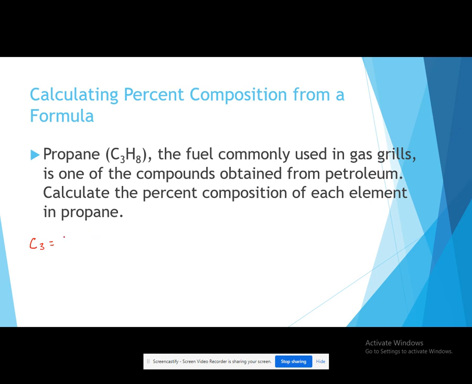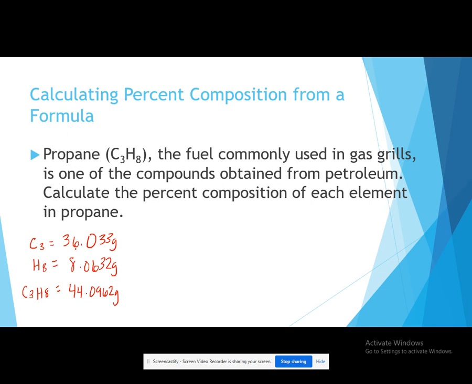And if you actually go to do that, it's 36.033 grams. For hydrogen, I have 8 of them. So if I'm going to find it for the element, I have to find all 8. And you're going to get the molar mass of 8.0632 grams. And then for the whole compound, C3H8, for the whole compound's molar mass, you've gotten